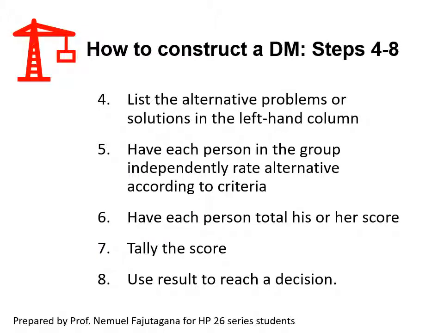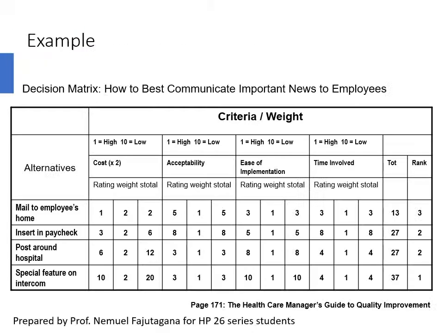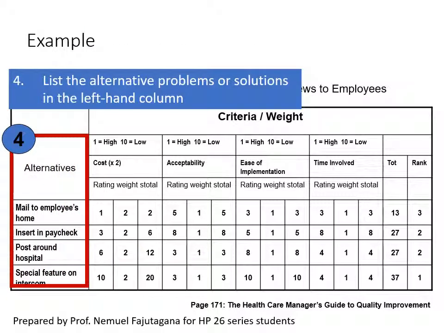So, after you've listed the scale, the rating scales or the criteria for selection, then you list the alternative problems. On the left-hand column, have each person in the group independently rate alternative according to criteria. Have each person total his or her score, tally the score, and use result to reach a decision. So we'll go through that very quickly by this time through a more list here alternatives. Say for example, alternative to solution to this is basically the issue is